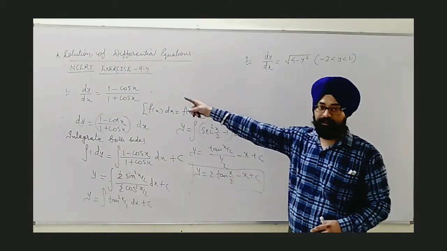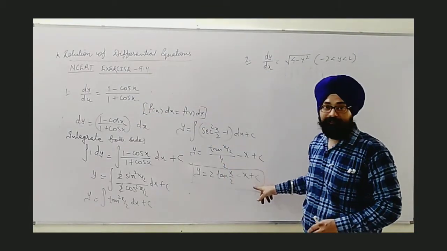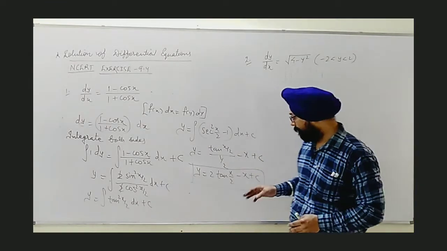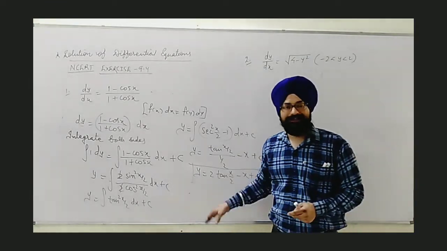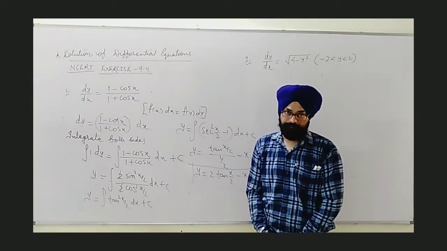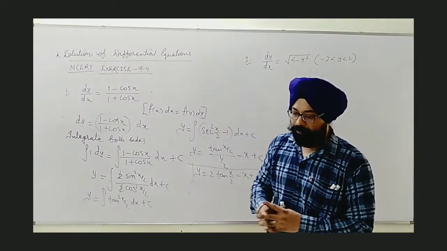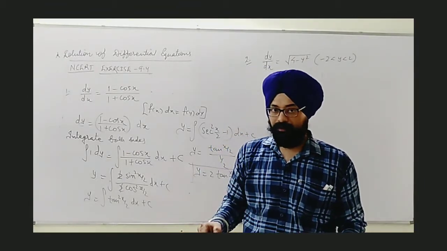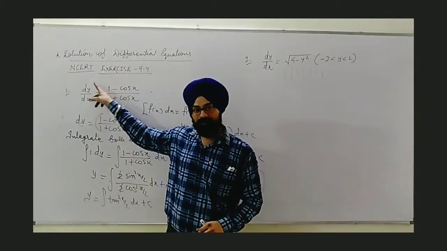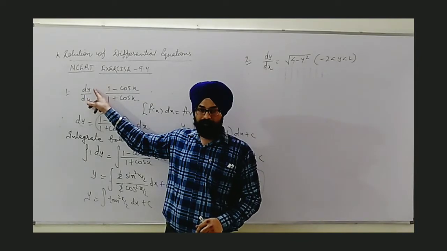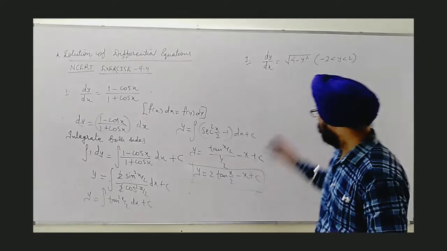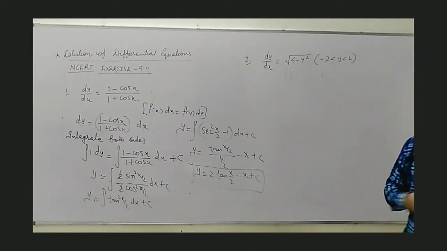It is the solution, but we know that here we have written plus c, an uncertain value, an arbitrary constant. So this type of solution is the general solution. Okay, one more thing. Here we will deal with first degree, first order equations. Keep in mind, we will be given to solve first degree, first order. Now, we go ahead with the next one, which I have selected, equation number 2.